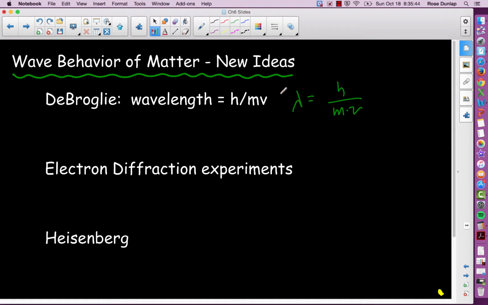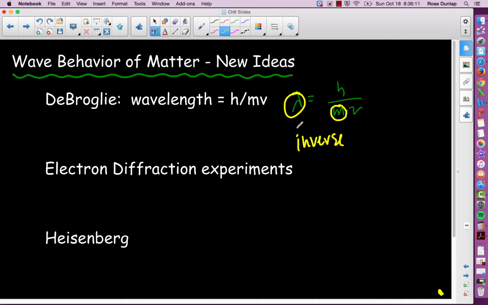What this says here is that all things that have mass also have a wavelength. But what kind of relationship do they have? They are inversely proportional, which means that as my mass goes up, and we start to talk about things we can actually see at a macroscopic level, the wavelength gets so small that we don't perceive it with our